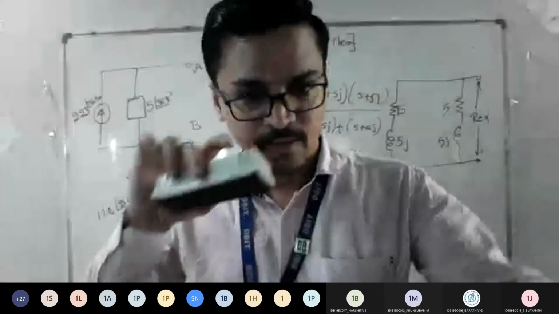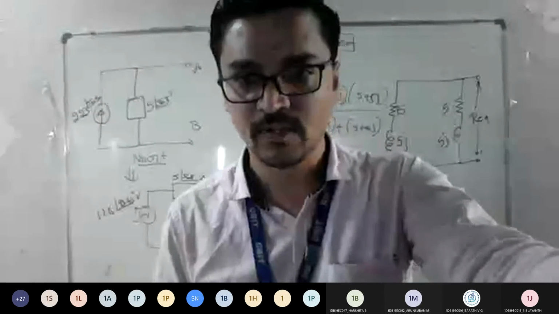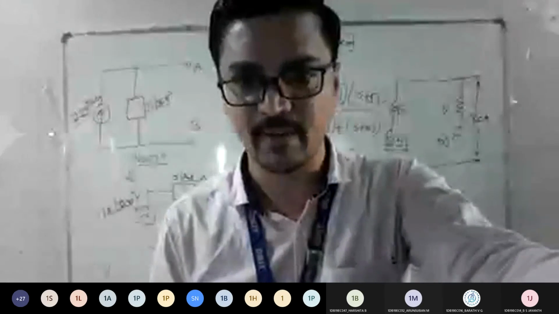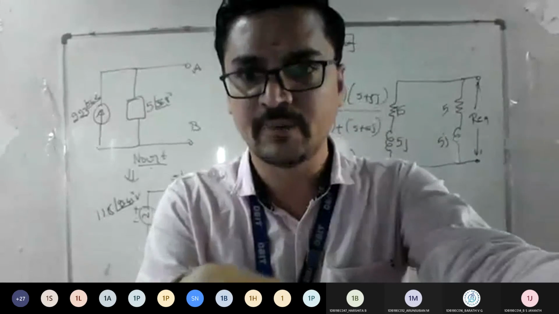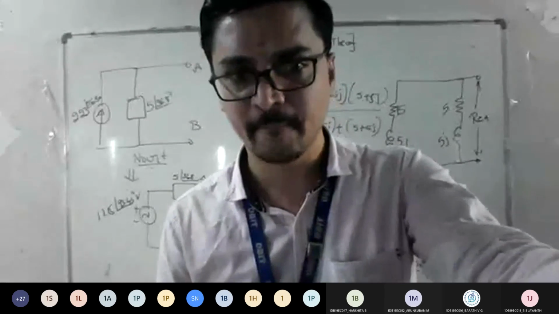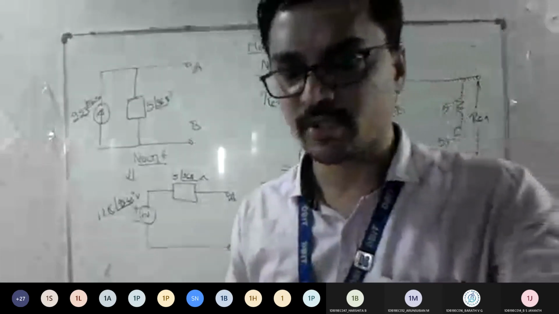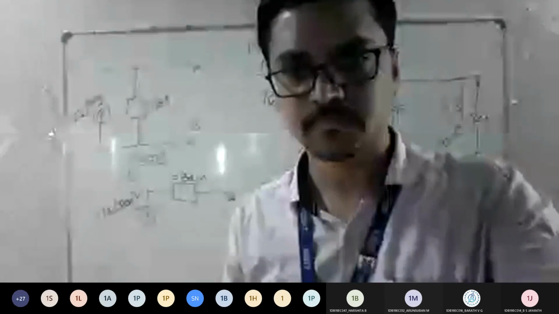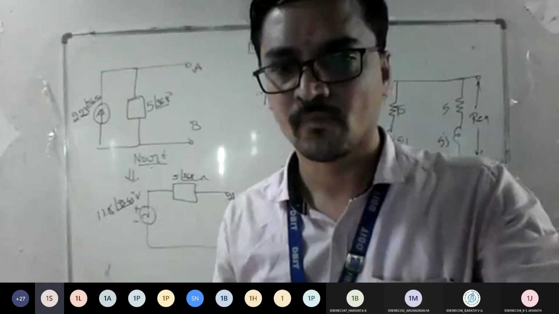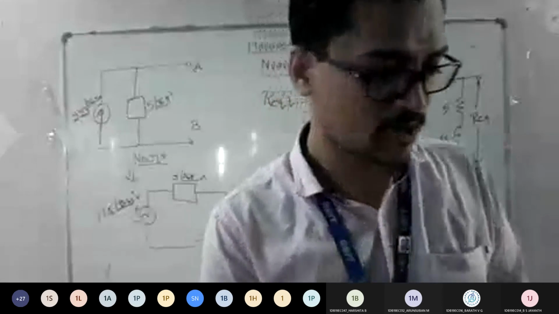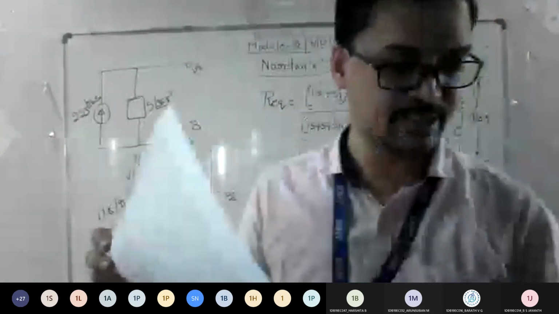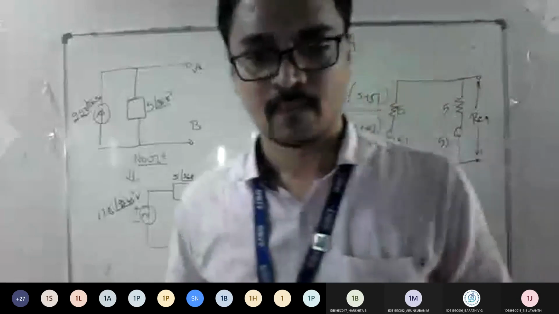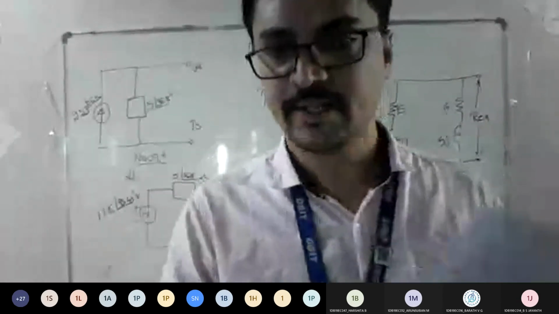Any doubts, anyone, with this type of problem? We have solved an independent problem and one AC problem with independent sources. Next class we'll try to solve a dependent problem. Am I clear till here to everyone? Is it fine here? Everyone got the logic of how to solve the problem? If you have any doubts, you can ask me. Otherwise, we will end the session. Any doubts, anyone?